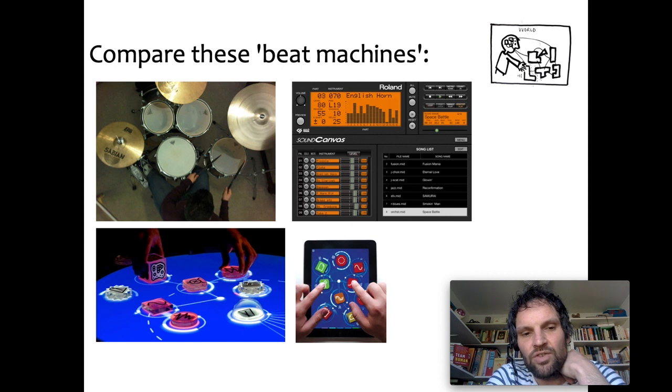Tangibles still symbolically mean certain things like rhythm or pitch or volume or all kinds of reverb and effects and filters for making electronic music. And then on the bottom right, you have the same system, but completely digital on a tablet. And the open question that I don't have the ultimate answer to is how do these systems compare? It can be personal for people. It can also be a matter of how you are trained and educated in using these systems.